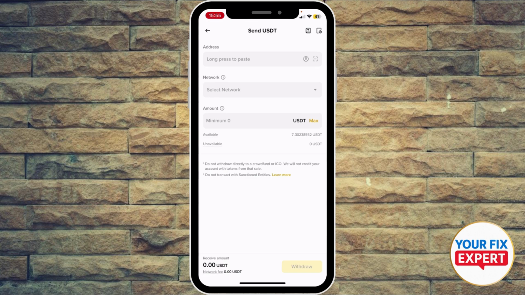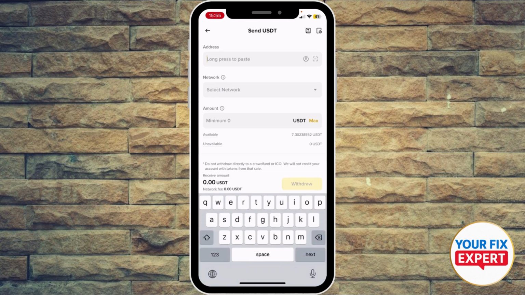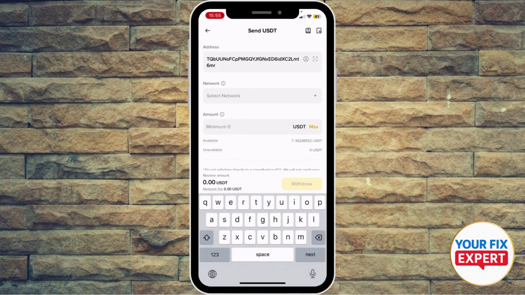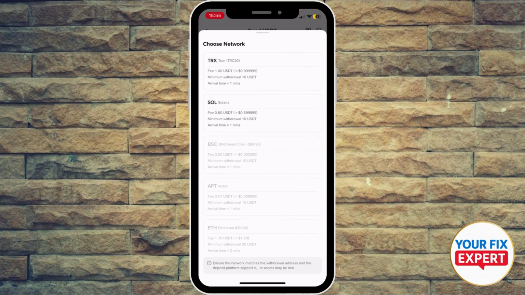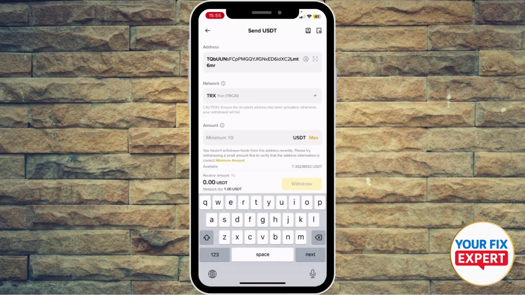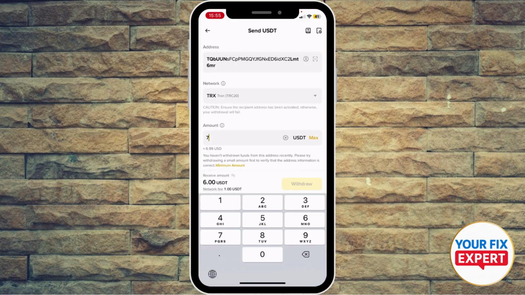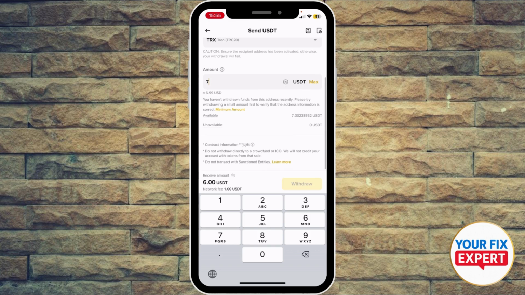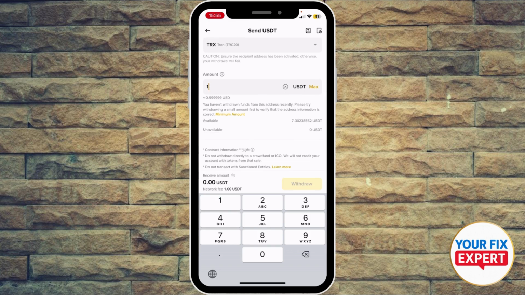And then what you're gonna do, paste the address. You just copy it, select the network, Tron, okay, and enter the amount. Okay, and once you enter the amount, the minimum amount is $10. So make sure to add the minimum, okay, or make sure the amount is above the minimum, and hit withdraw